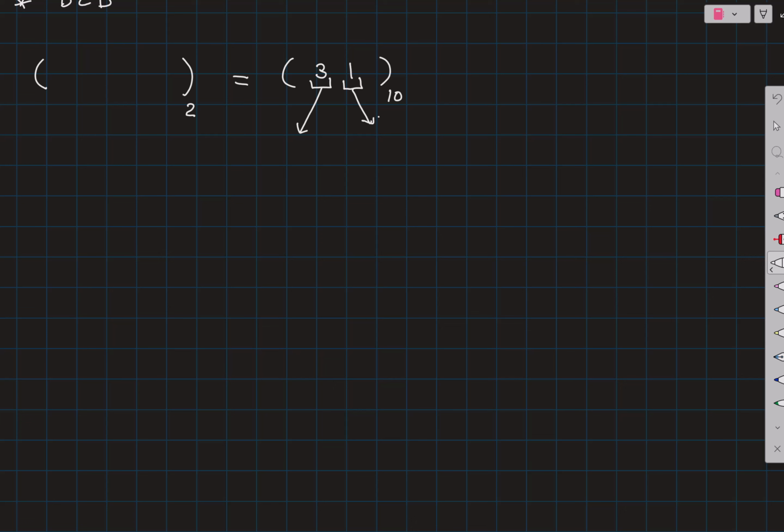So if I have 2 digits, I have to represent each digit in its binary form. Now to represent a digit in its binary form, how many bits do I need? 4. Is that clear to everyone? So how it comes about is, one digit can take anywhere between 0 to 9. The maximum value it can take is 9, and to represent 9, you need 4 bits. So you will have 4 bits to represent the LSB digit and another 4 bits to represent this 3. So in this particular case, the answer is 0001 and 0011.